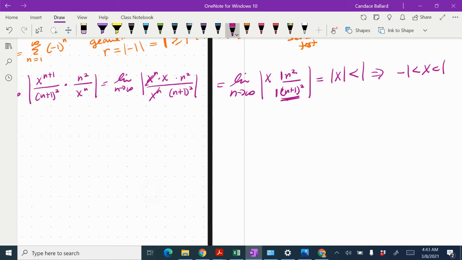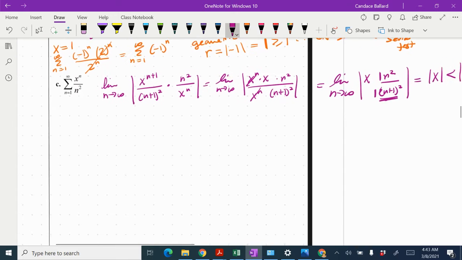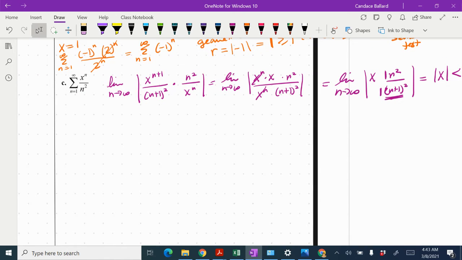So I want to take that interval and I want to test each of the endpoints to see if they are included. So I'm going to test back into my original series. So when x is equal to -1, we would have -1 to the n over n squared, the sum as n equals 1 to infinity, of course. And if I look at that,